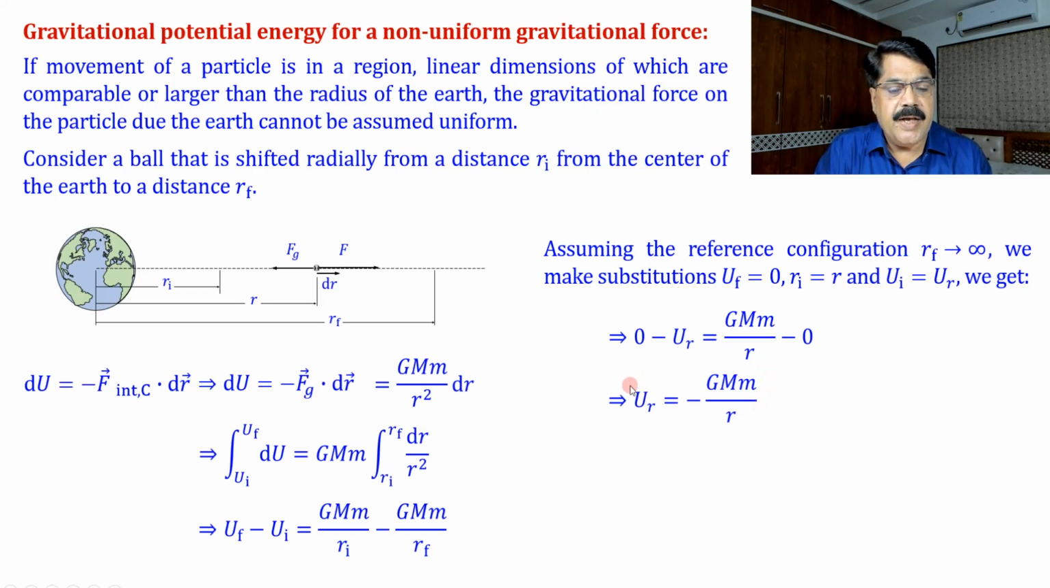So this is the expression for potential energy for a configuration where the separation between the Earth and the body is r. And of course here, where is the reference point? When the body is infinitely away, it will have no potential energy. One more idea is there, at infinitely away points,